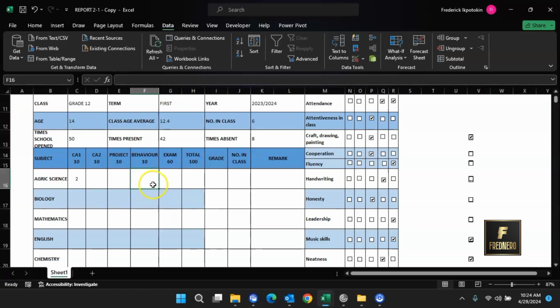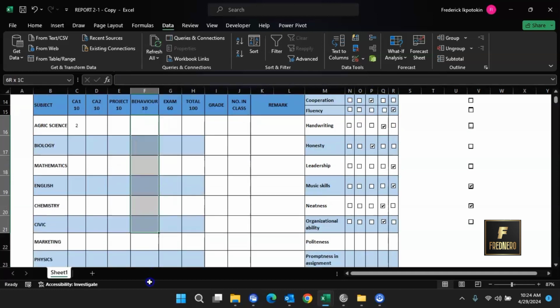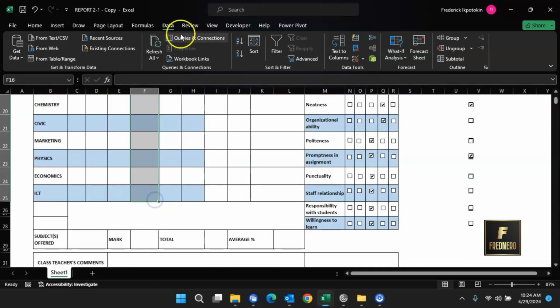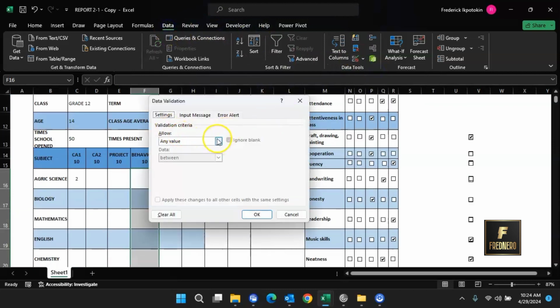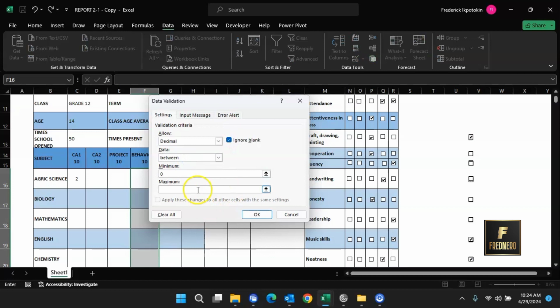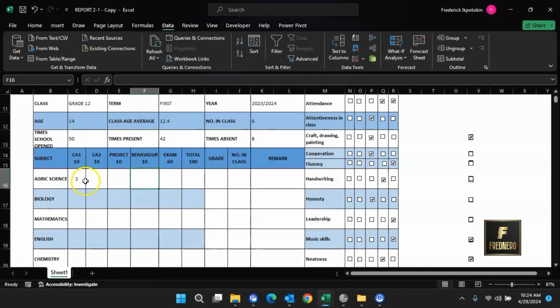Oh, for behavior as well, I'll highlight everything. Click on data tab, decimal 0 to 10. So I'm done with this one. Now for instance, we have 8, 9. Let me put 9 here. Okay. For exam, I will put